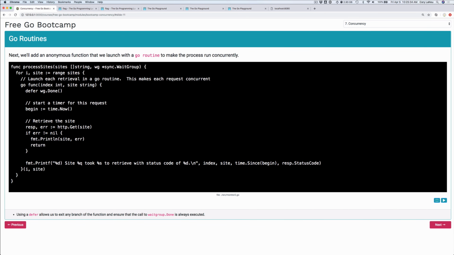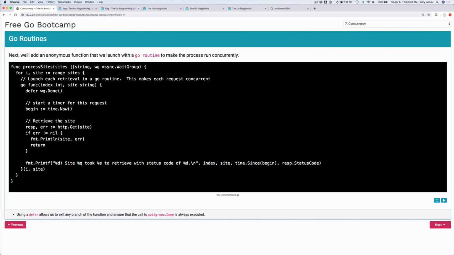So if we think about this, we're going to loop through the sites, right? We're going to create 2 Go routines, one for Google and one for Yahoo, and they're each going to call waitgroup.done. So they're both going to decrement, and we're going to have waitgroup.done decrement 2 times. This means we did the waitgroup.add and we added 2. We'll now see it decrement twice. When it decrements back down to 0, that's when that waitgroup.wait from the previous code actually stops blocking and allows it to continue. That's what we want because we know that both of these actual Go routines have finished at that point.